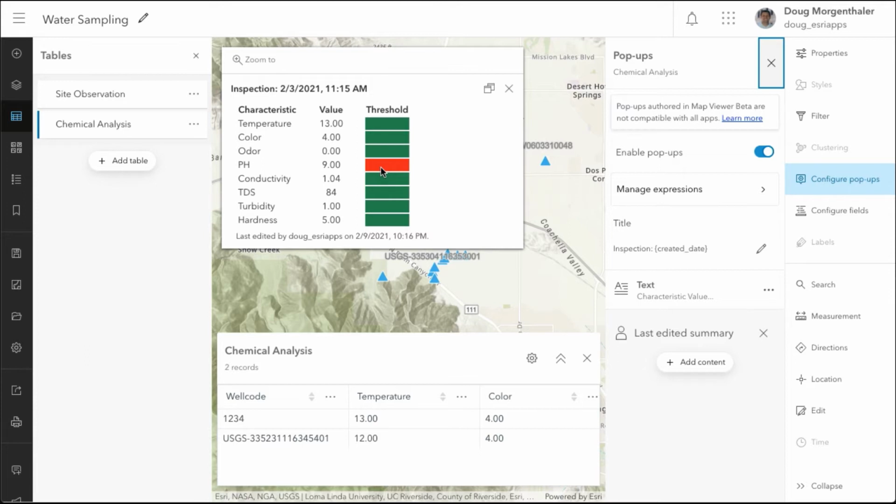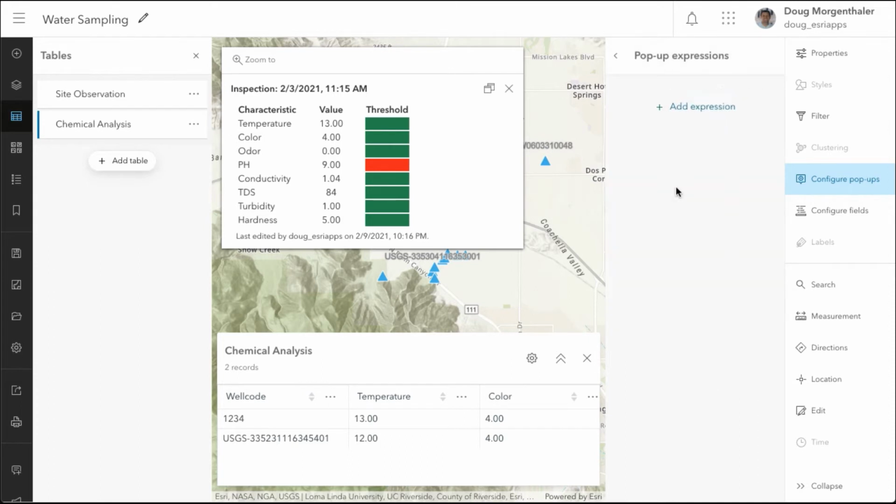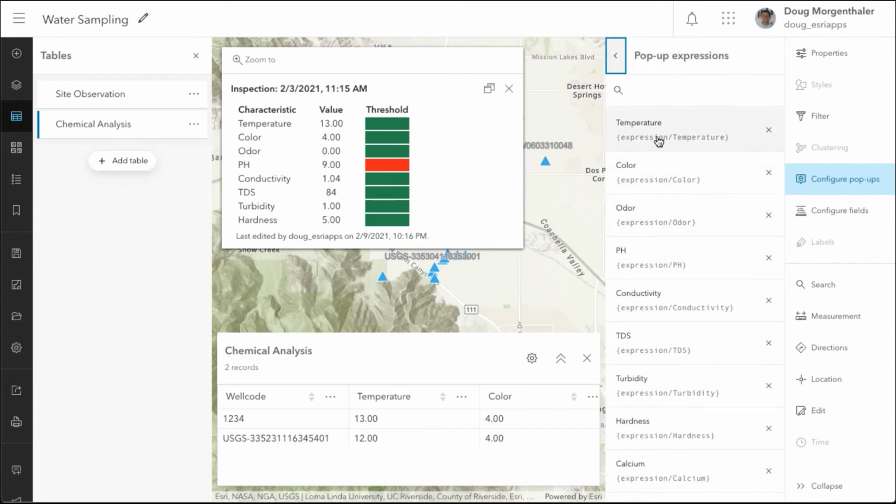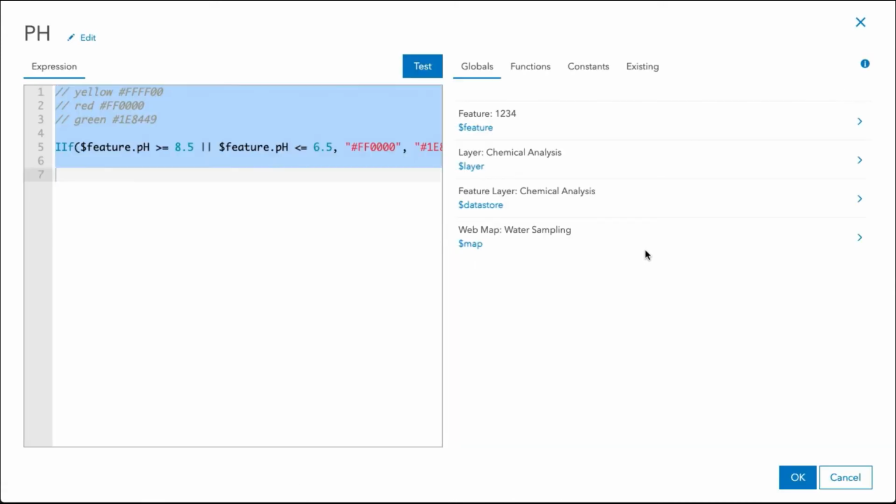Now, how was that built? Well, each of these elements in our pop-up, these swatches, were built with Arcade. So if we go and look at our expressions, you'll see we have a number of expressions here. So we'll just take a look at one of them quickly. We'll look at pH, for example, and we'll open our editor,